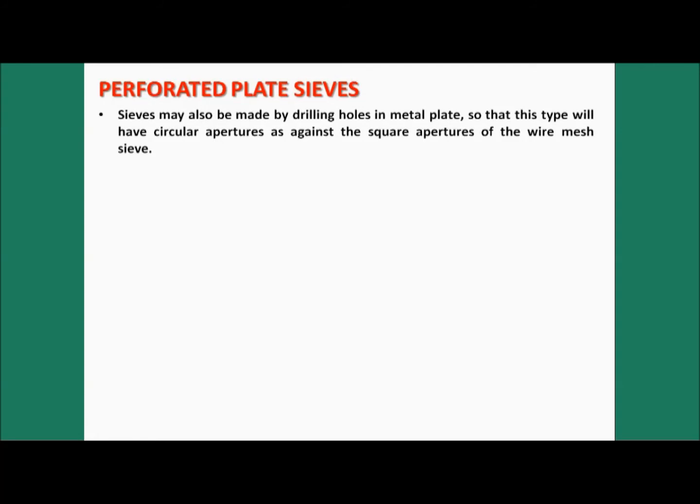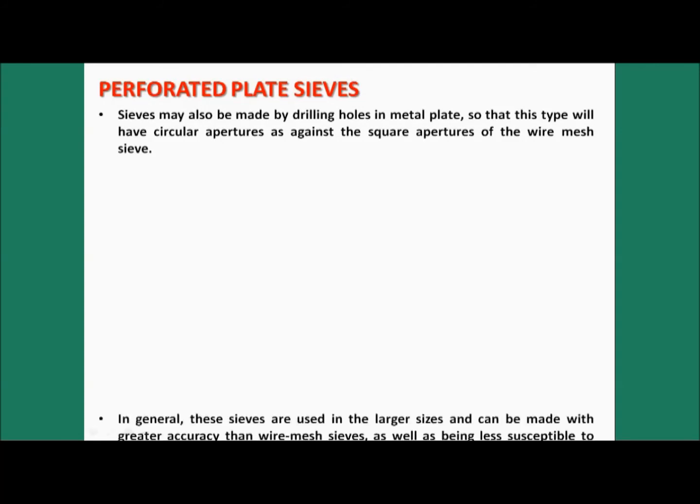So a sieve may also be made by drilling holes on a metal plate, right? Here we can make this sieve by drilling holes in the metal plate, so that this type of sieve will have circular apertures as compared to the square apertures which were used in the previous slide. So you can see here,